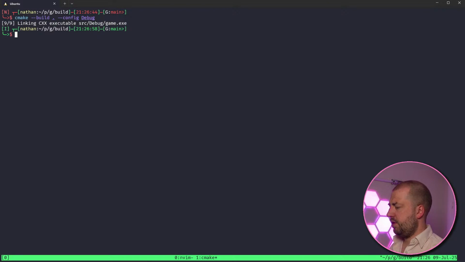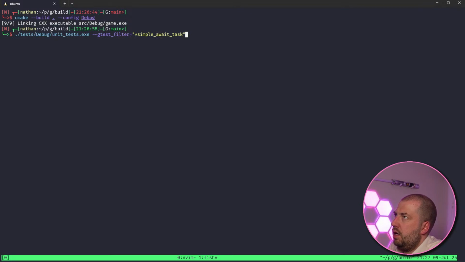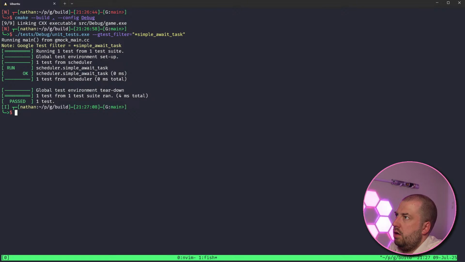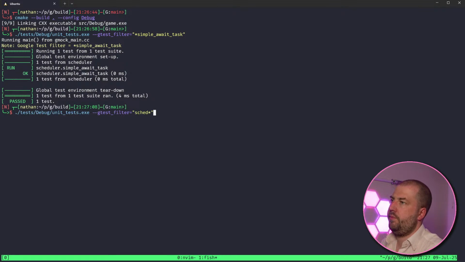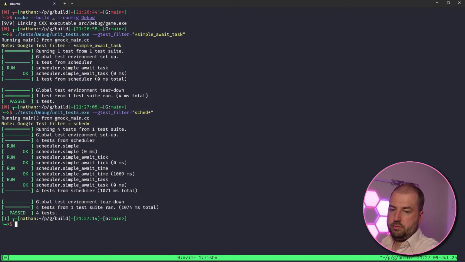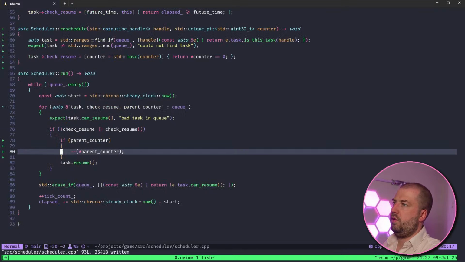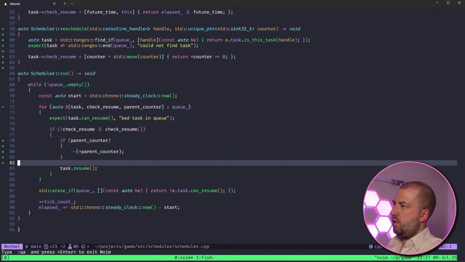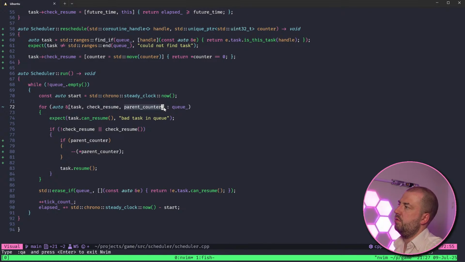I wonder if that was the problem with how we were doing it anyway. Nice. Okay. Let's check they all still work. Okay, so all my tests run. That makes sense. So yeah, I was calling into a coroutine, which then was potentially suspending execution. I wonder if this stack variable had then changed between that and that.